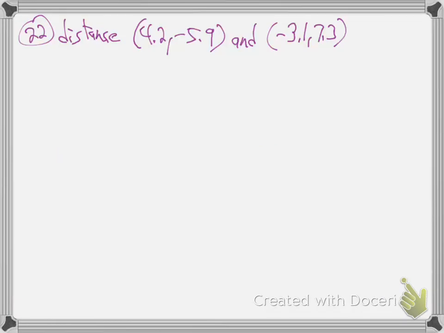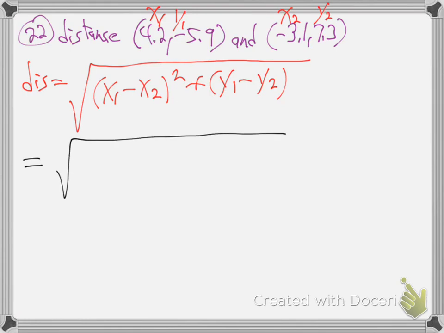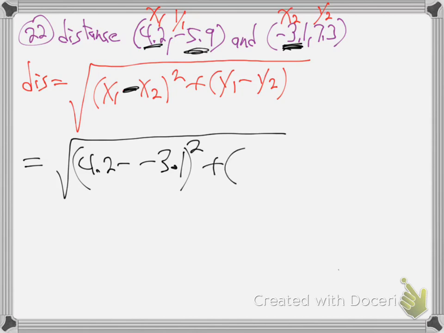Okay, so here we have another distance problem. The distance formula: square root of x1 minus x2 squared plus y1 minus y2 squared. This is x1, y1, x2, y2. So that'll be the square root of x1, 4.2, minus x2, negative 3. Watch out for that. There's a minus in the formula, and x2 is also negative, double negative. And then y1, negative 5.9, minus y2,